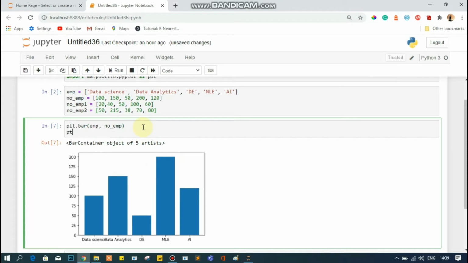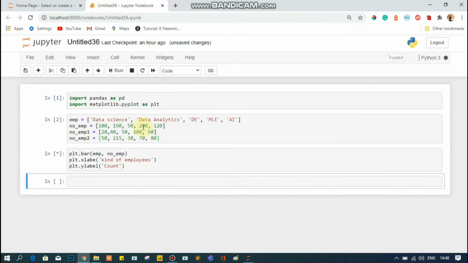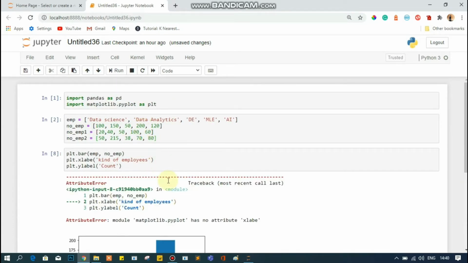So let me name the x and y-axis. For the x label, plt.xlabel, I'll write kind of employees, and for the y label, plt.ylabel, it's count.